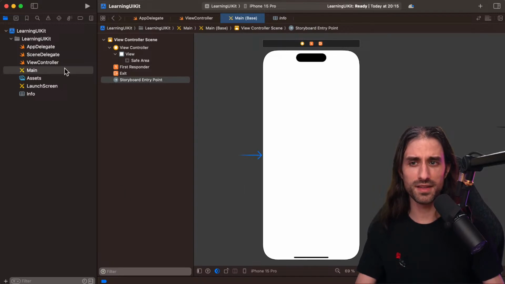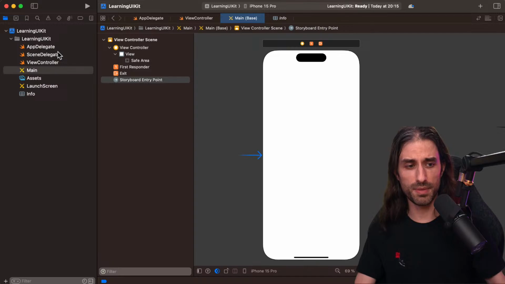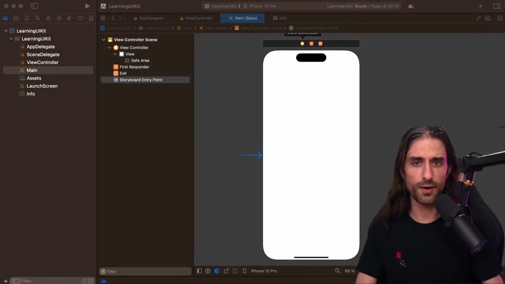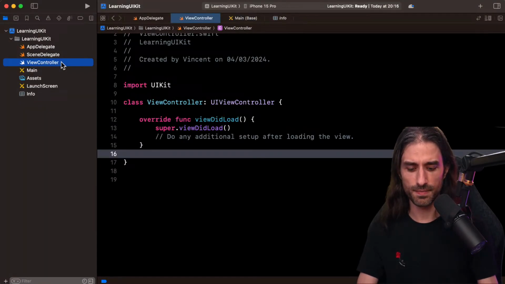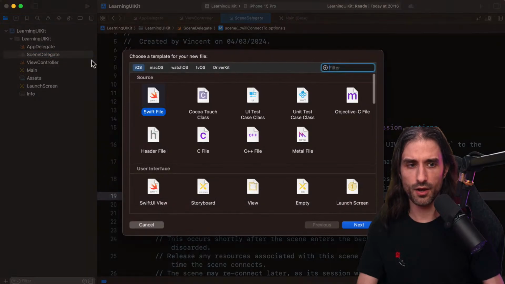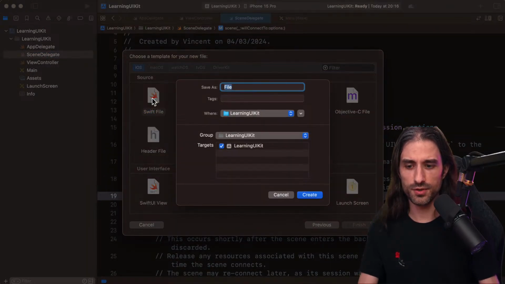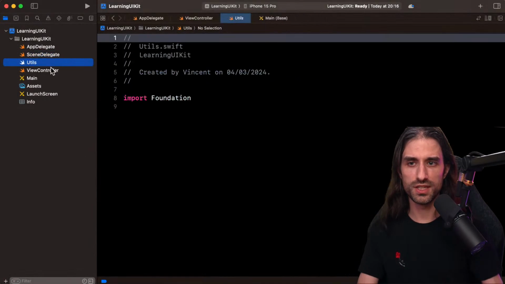So in order to implement this API, I'm going to copy and paste some code, because the goal for this live stream is to focus on UIKit, and there is no interest in spending time implementing networking capabilities from scratch. So I'm going to create a few files. First, I'm going to create a file I'm going to call utils.